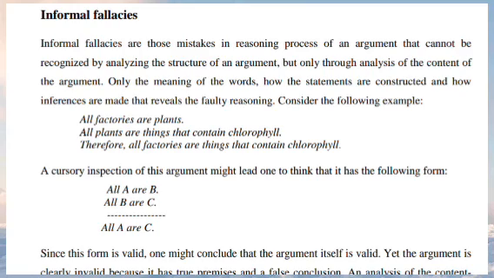አሁን ይሄን ስናይ በስትራክቸር አንፃር ብናየው ማለት ነው if all A are B ሁሉም A B ከሆነና ሁሉም B C ከሆነ so ሁሉም A C ነው ካለን ይሄ ስናየው just structurally ስናየው valid ነው ልንል እንችላለን። ግን it's invalid because detailed analysis ስናደርግ ማለት ነው just according to informal fallacy detect ለማድረግ plant የሚለውን word ስናይ plant የሚለው word በመጀመሪያ all factors are plants ነው የሚለው the first premise means building where something is manufactured plant ከሁለቱም አንፃር ሊሆን ይችላል it can be a building where something is manufactured or ደግሞ second ላይ እንዳለው all plants are things that contain chlorophyll የሚለው just ተክሉ plant ማለት ነው it's a life form like so ሁለቱ ላይ ያለው meaning የፕላንት የተለያየ ነው